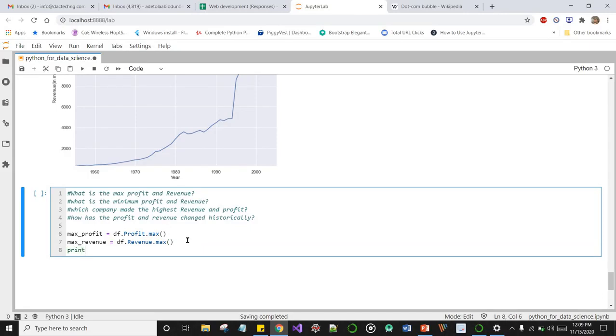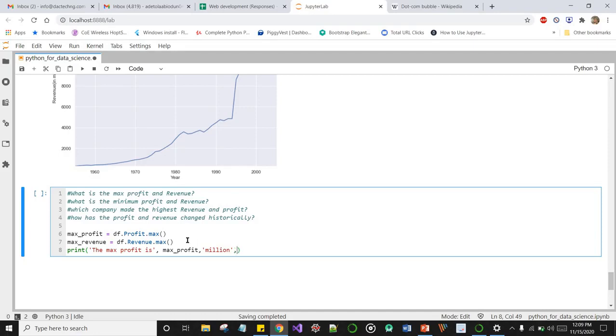We might want to print our output and make it more human readable, and say the max profit is, comma, max_profit, as you would have guessed, and that will be in millions. These are all string formatters.